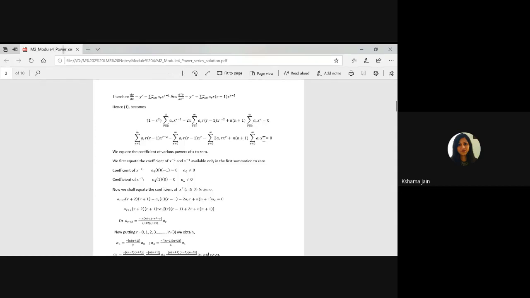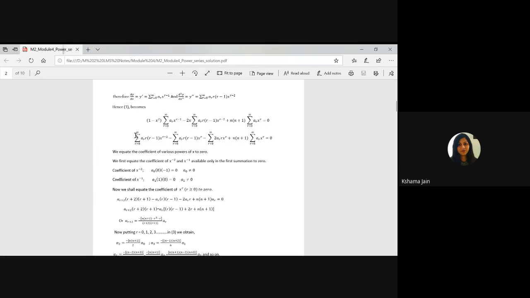So if I want the x raised to power r terms, clearly I can take this term and this term, but for this what can I do? See carefully what I am saying. I want the coefficient of x raised to power r. So x raised to power r, this is the series, the summation series.